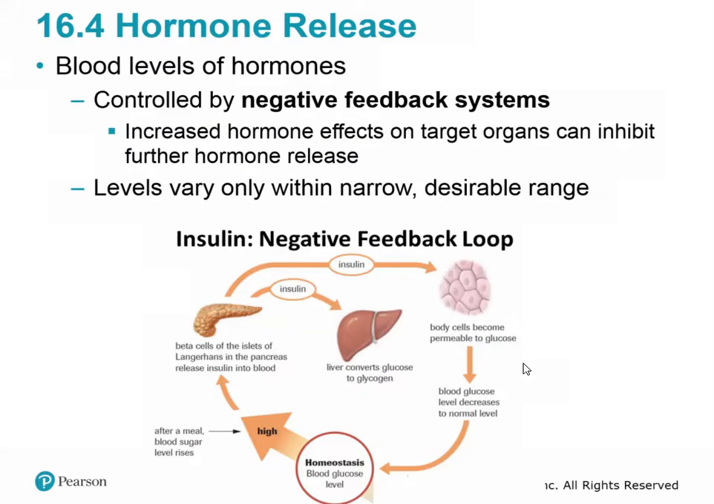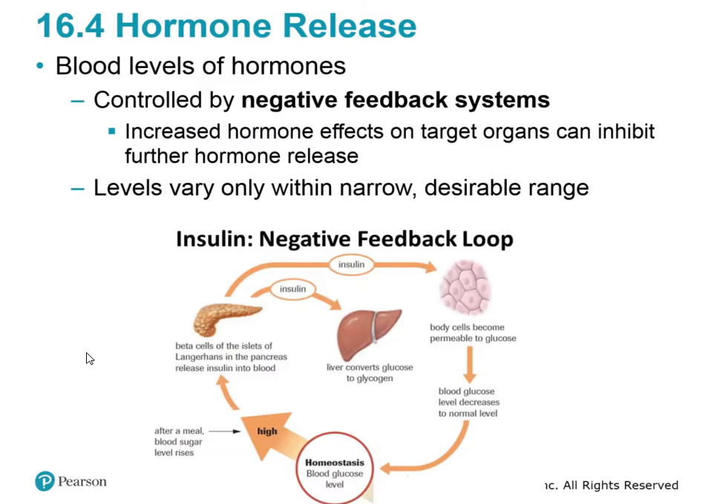So in this example here, we have high blood sugar right after a meal. Right? So blood glucose levels have increased. So in response to that, the pancreas will release insulin into the blood. Right? So insulin goes directly into the bloodstream, where it travels through the circulatory system and reaches the liver and the body cells. So insulin stimulates the liver to convert glucose to glycogen, to take any excess glucose